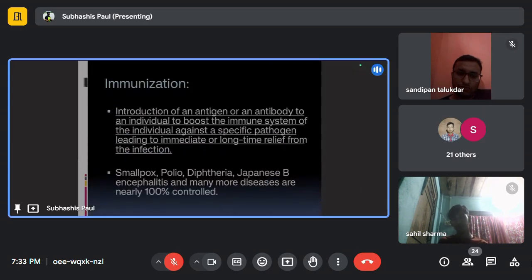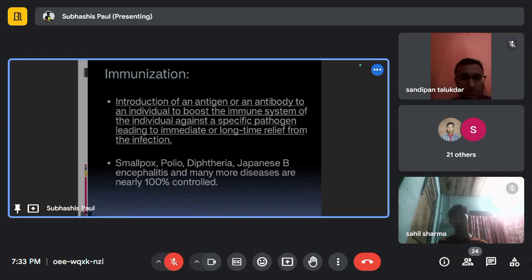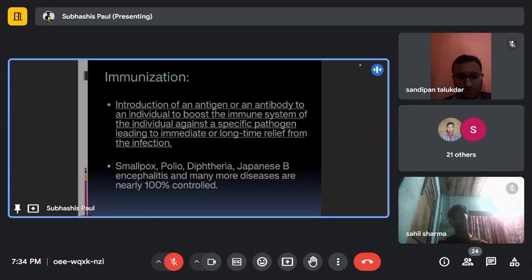Now, the story of immunization has been an old story in the field of immunology. In many cases, people have seen that one individual infected with a particular type of disease cannot spread the disease to all. Rather, a few other individuals are infected and the rest are okay. Something which we saw in the case of COVID as well, when one particular family member is seriously ill with COVID and the others are not,